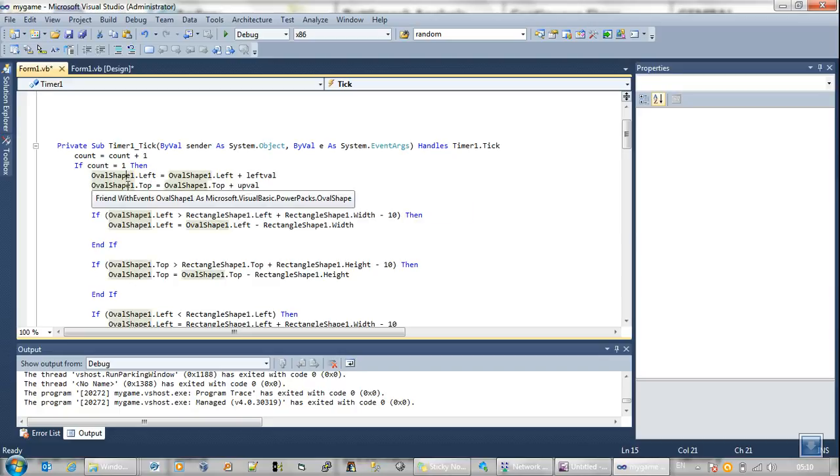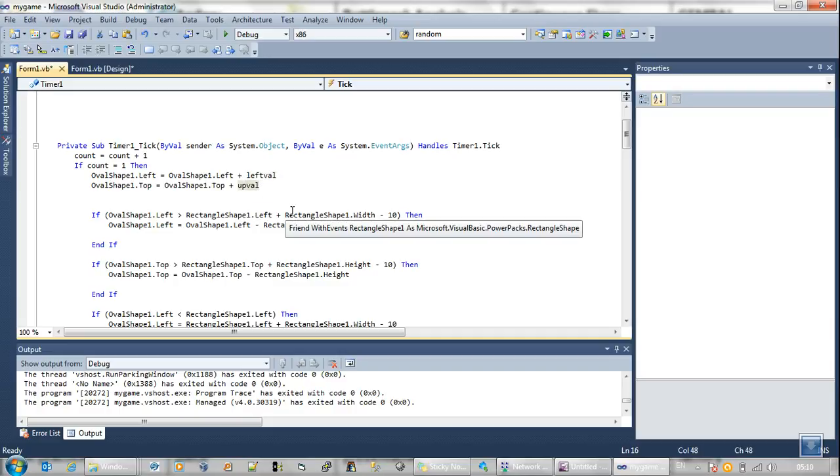Okay, let me just also highlight that quickly. The snake is oval shape 1, and the food is oval shape 2. So the snake is moved by 1 step, which is determined by the value in left val, and also by 1 step up, determined by the value in up val. Now these two values can either be positive or negative, and these values are controlled by